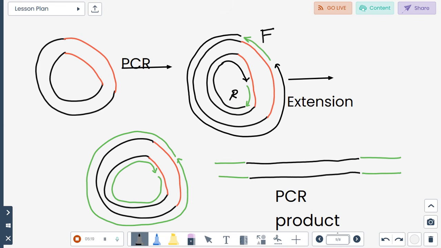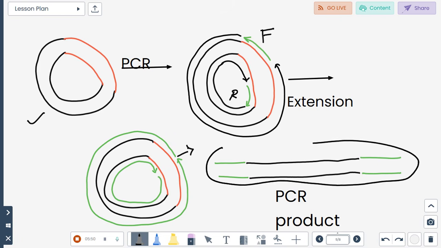When it is doing it, you can see there will always be a nick, because the Taq polymerase cannot ligate it. So when you go for the PCR product, this PCR product will be released as a linear structure only. So from a small amount of template like this, you can have several copies of this